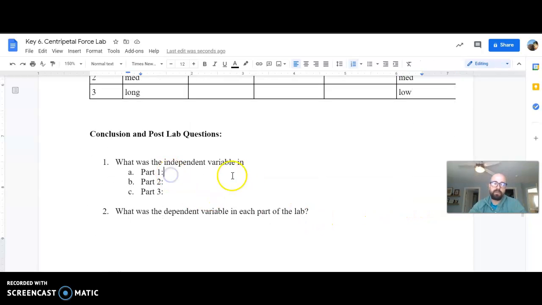An independent variable here, so this is kind of just a basic science question. In part 1, it was the mass. That was what you were changing. Part 2 was the speed or the period, and part 3 was the length or the radius. So those were the independent variables, what you change. Dependent variables, this is what we were measuring. So we were measuring the force, or if you said centripetal force, that's probably the best answer, but we measured